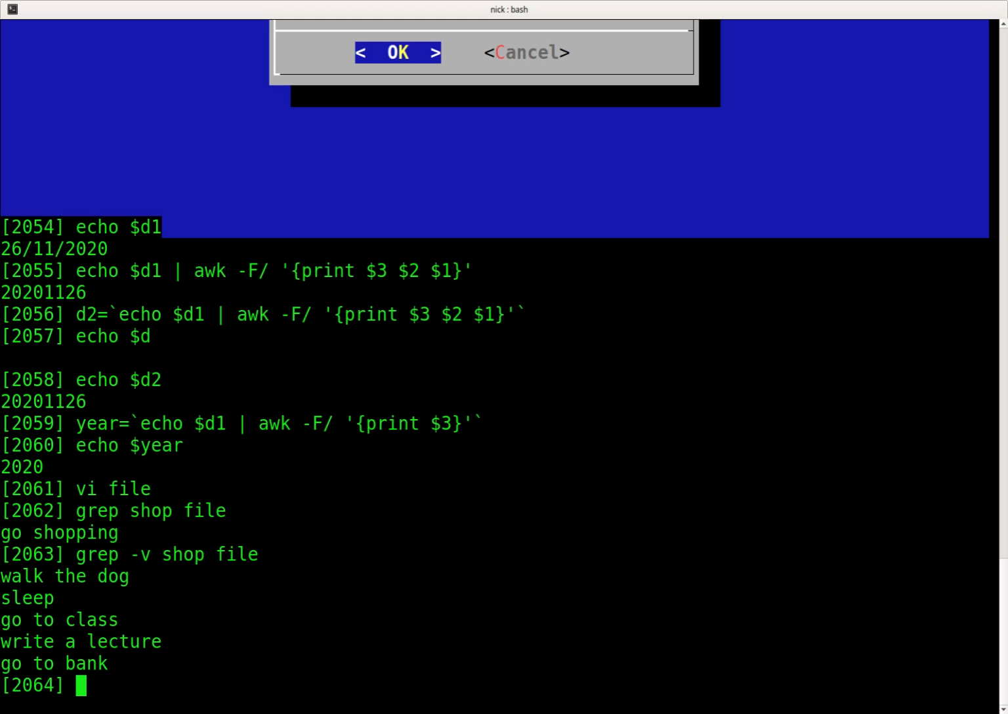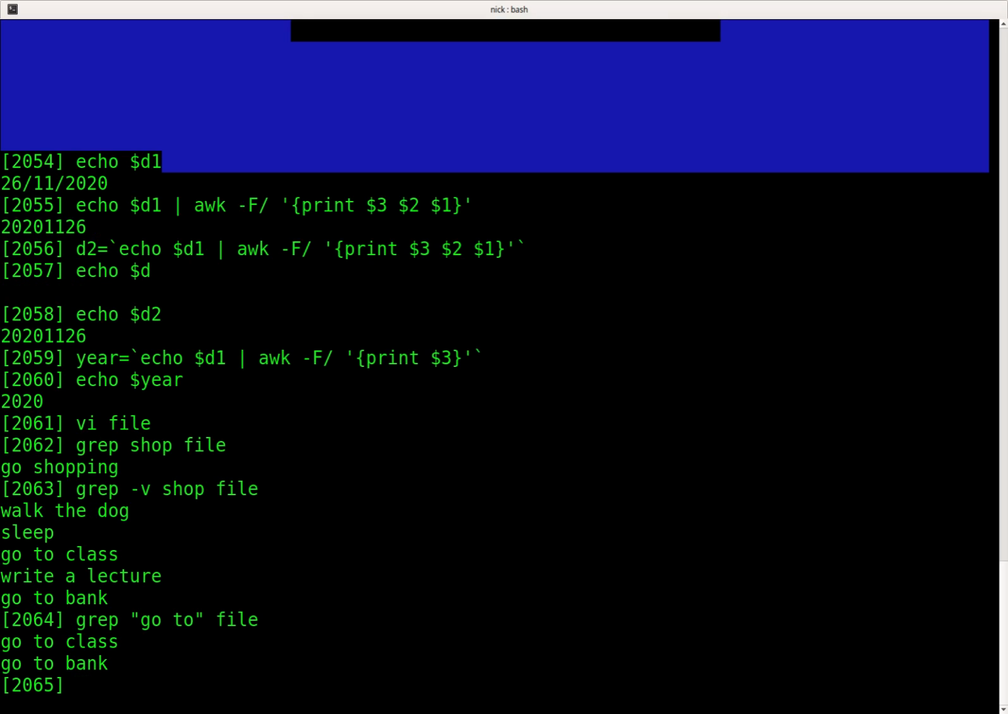So if I want to know every appointment where I'm going somewhere, I can say grep go to and search in my file, and it says I got to go to class and I got to go to the bank. All right. You're probably not going to search your appointment calendar by keywords like that, but imagine instead you're searching for a particular date. So if in the beginning of each line of your appointment you have, say, YYYYMMDD, and you want to find all the things that you're doing on a certain date, you can use grep,